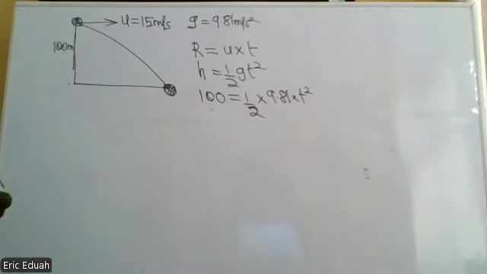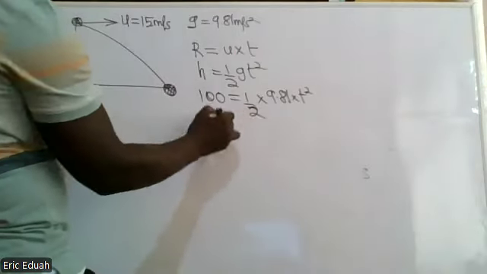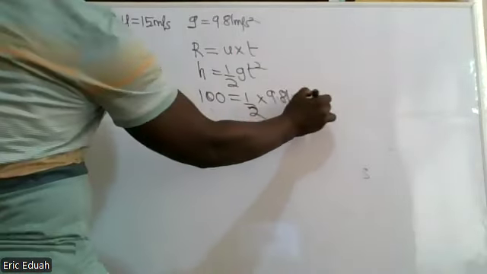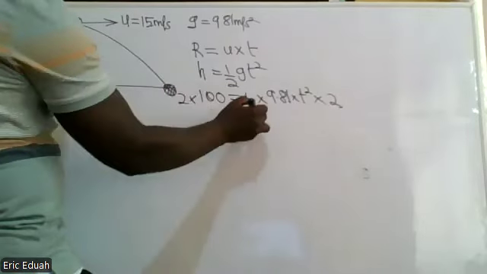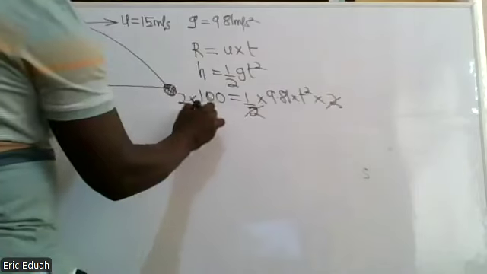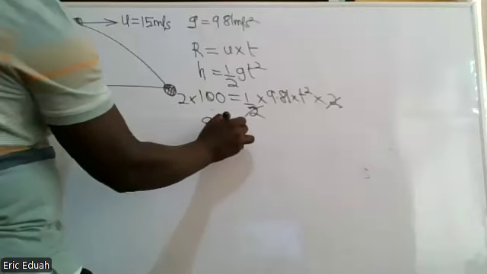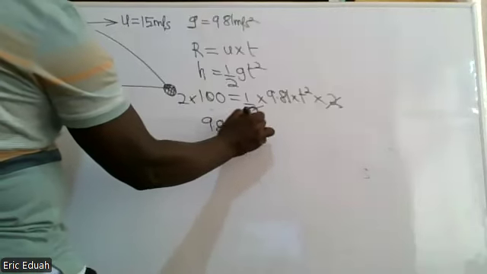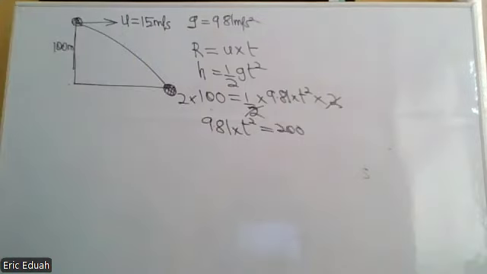And I only was trying to make t squared the subject. So I cross multiply 100 times. If you multiply through by 2, this and this will cancel. You have 2 times 100, so 9.81 times t squared is equal to 200. Right? Are you okay? Yes. And you divide through by